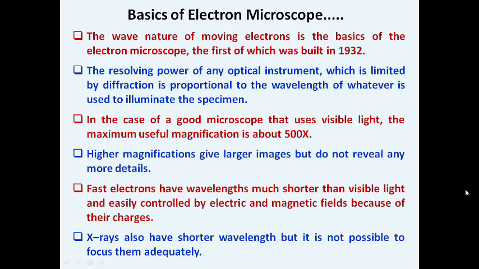So what about the wavelength? Lambda will be equal to h by mv. Here m is the mass of the electron and h is the Planck's constant; these two are constants for the electron. If you increase the velocity, lambda decreases, since it is inversely proportional. So whenever we increase the velocity of the electrons, we can achieve the shortest wavelength of electrons. Only because of this reason do we have a chance of utilizing electrons for magnifying objects. Even X-rays could be used, but it is not possible to focus them adequately. That's why we mostly rely on the electron microscope.